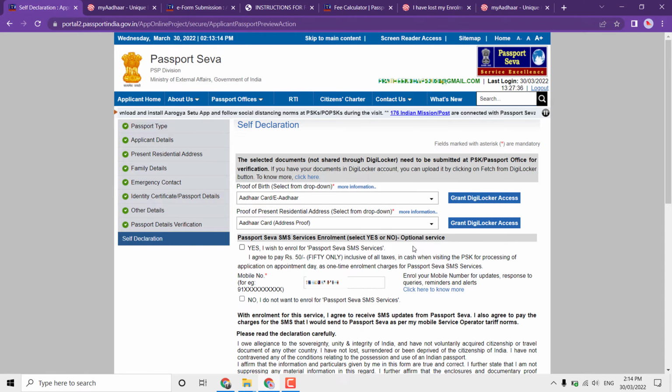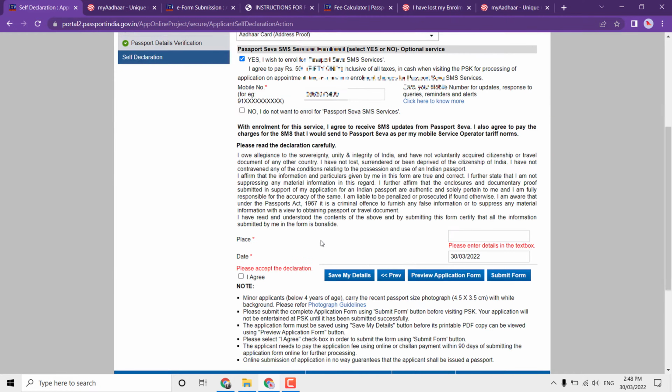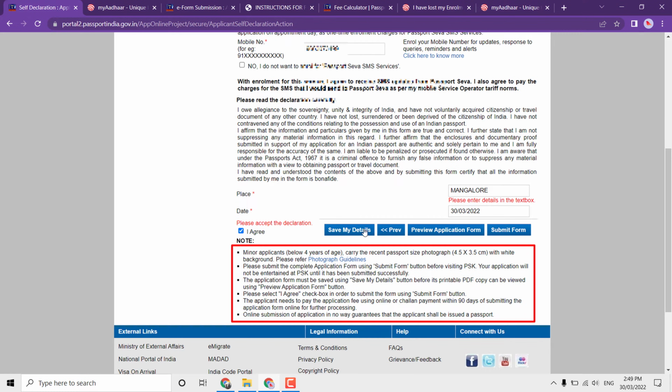Now read the details below. The Passport Seva SMS service is optional. You can select No if you do not require it. Please enter your mobile number if you select Yes. Now read the declaration and enter the place name and date of application. Then click Agree. Before going, please read these helpful notes, and don't forget to click on Save My Details, and